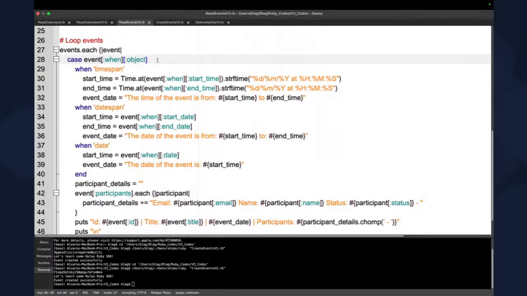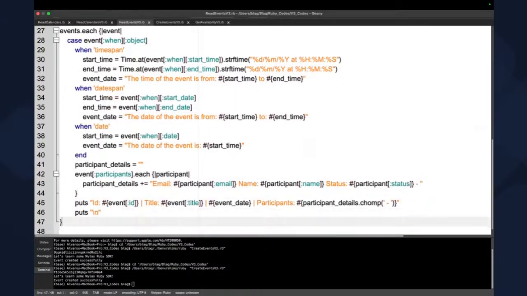event, because you know that a calendar event can have a time span, a date span, or just a date. So it can be that an event is for like 2 to 4, for example, or it can last for like the whole day, or it can even last for like 2 days, right? So like a hackathon, let's say. So we need to determine which object are we going to use, and depending on that, we're gonna print the